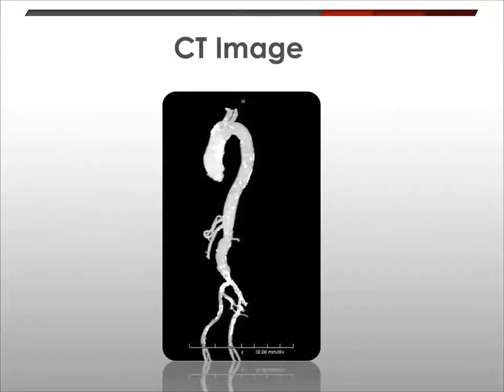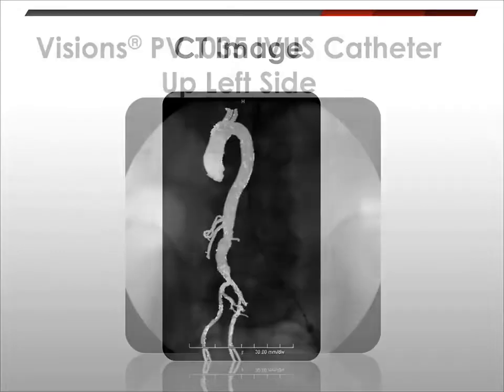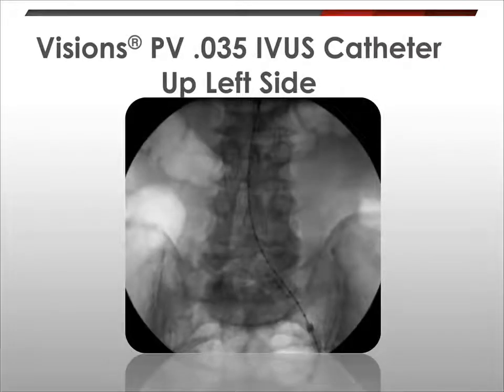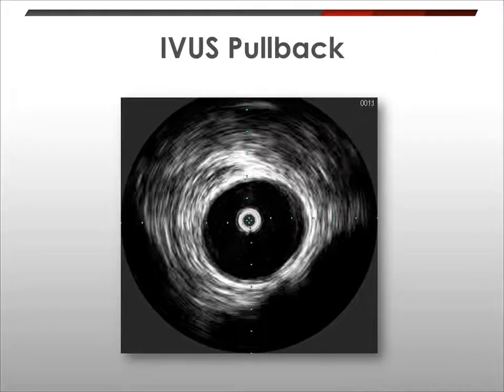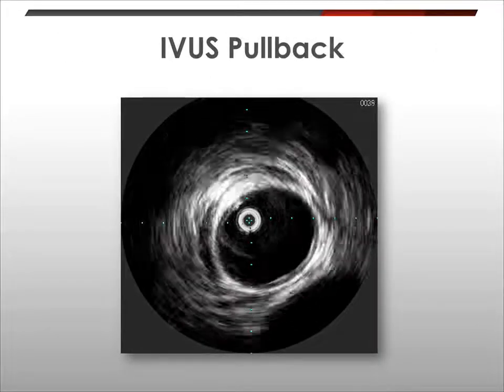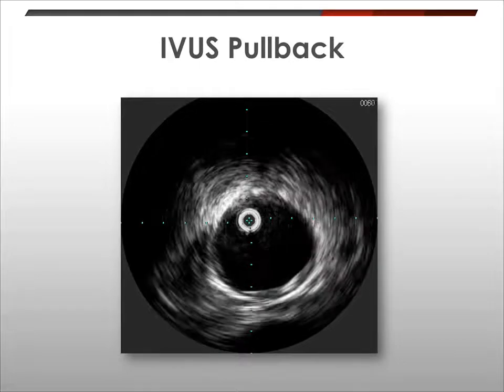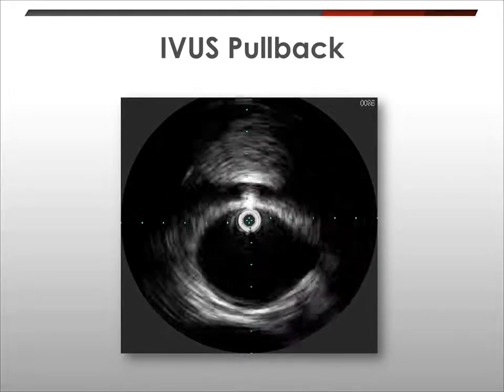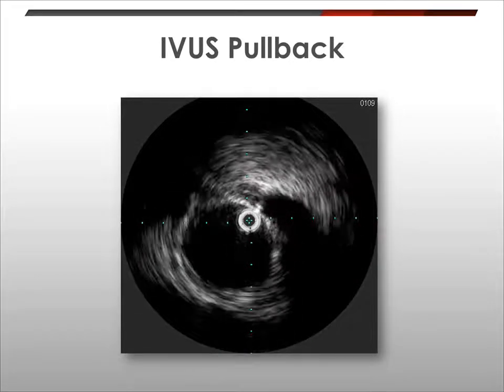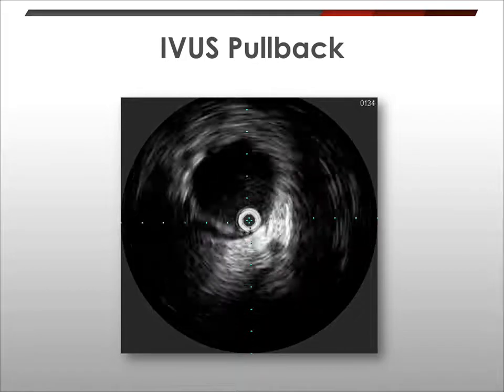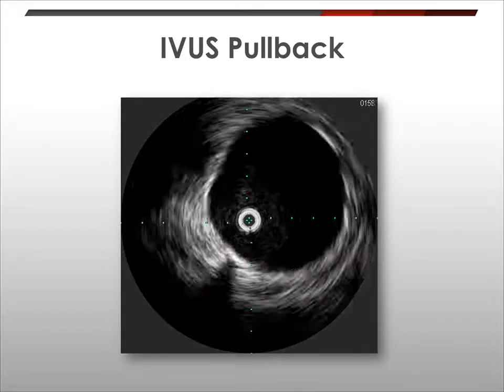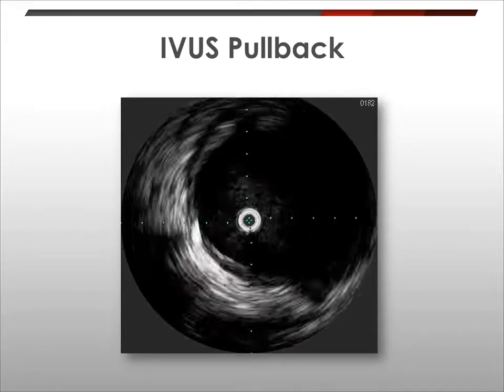The next slide shows a CT image of that AAA. I start my cases putting the intravascular ultrasound up the left side and ultimately the right side, which you can see here. And on this slide you can see the intravascular ultrasound pullback, which clearly identifies the celiac, superior mesenteric artery, the renal vein along with the takeoff of both renal arteries, the aortic neck itself, both the length and